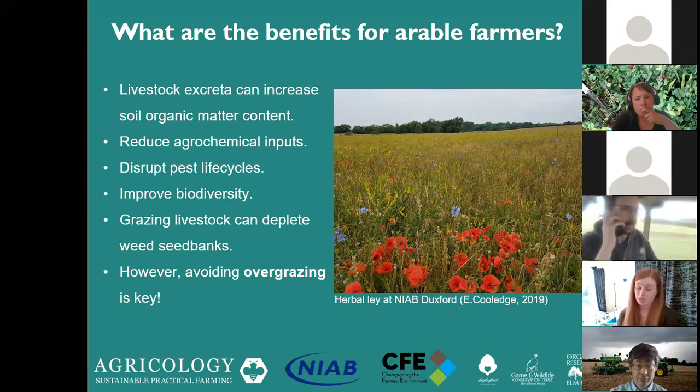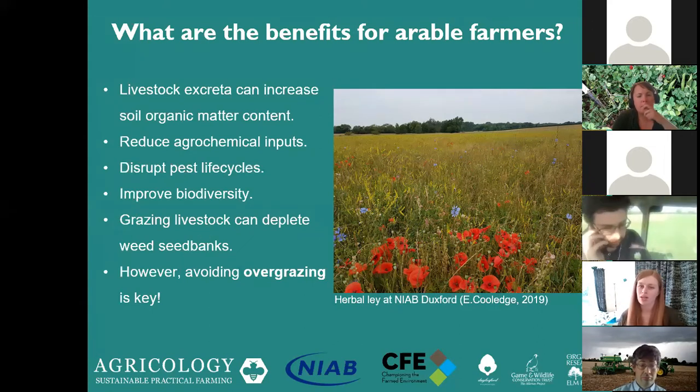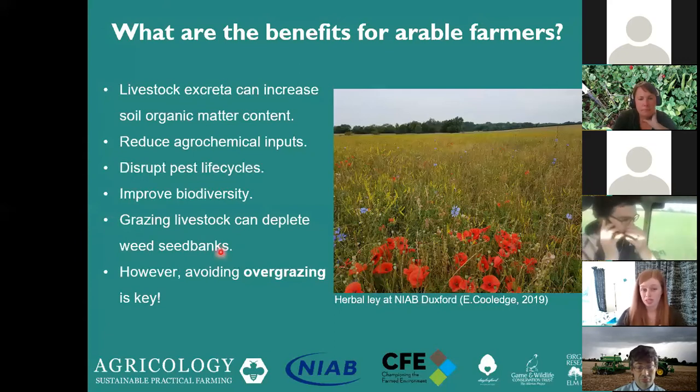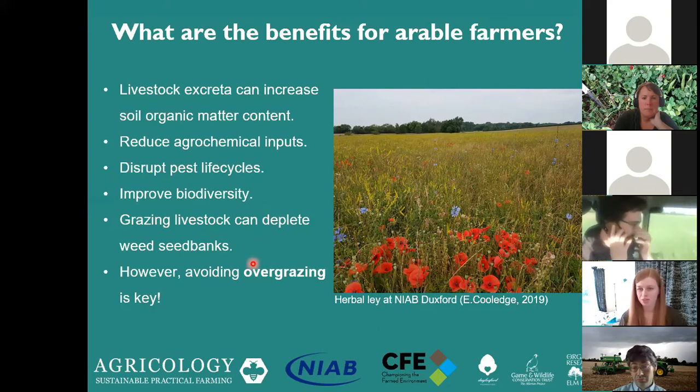The other really crucial benefit of livestock is for managing herbicide-resistant weeds. This is going to be an increasing problem the more we try to tackle problems like blackgrass. Sheep are really good in particular at mob grazing, and if you force them to eat it, they'll have to eat it. So they will graze down the weed bank, and this can reduce the amount of weeds you'll then get in your following arable crop.